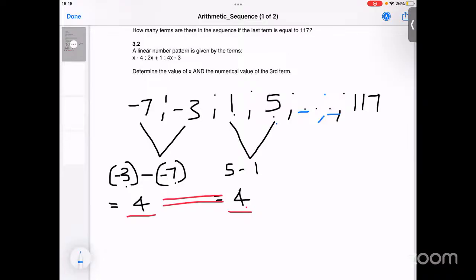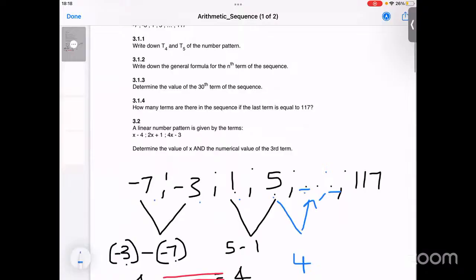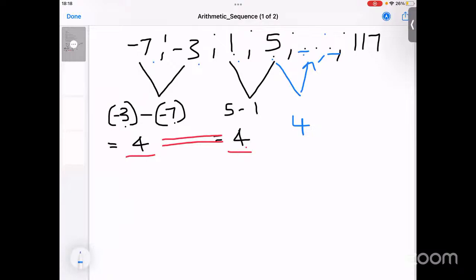Because now you just need to say that term 4, you add the common difference, and then it gives you term 5. They said term 4 and term 5. 1, 2, 3, 4, 5. Yes, term 5 actually. So with you answering the question, it seems to be easy. You will just say term number 4 is already given as 5. Term number 5 is the one that you just calculated, where you say 5 plus 4, and it gives you 9. And that is the end of it. So we are done in answering question